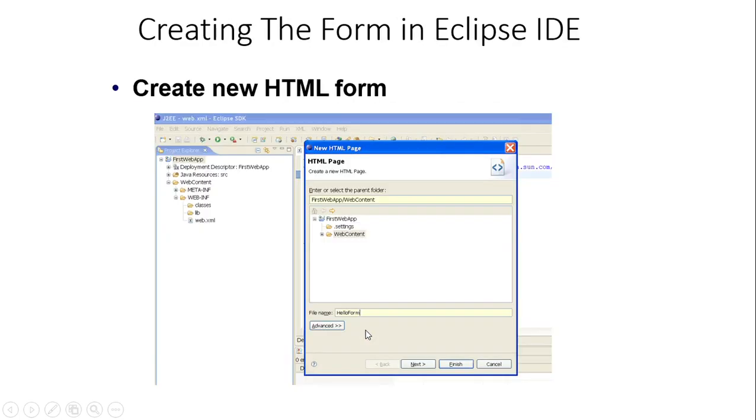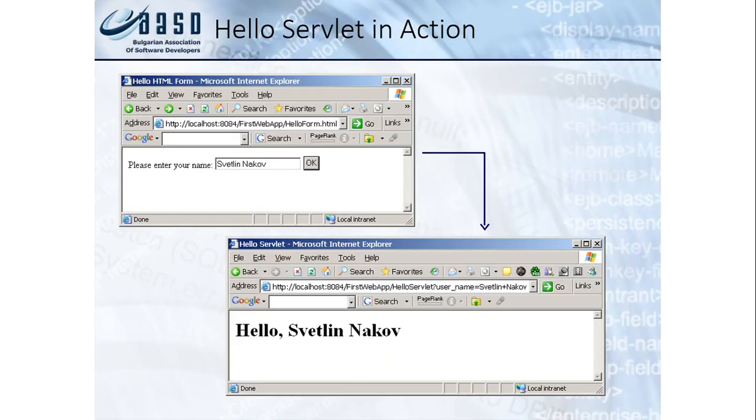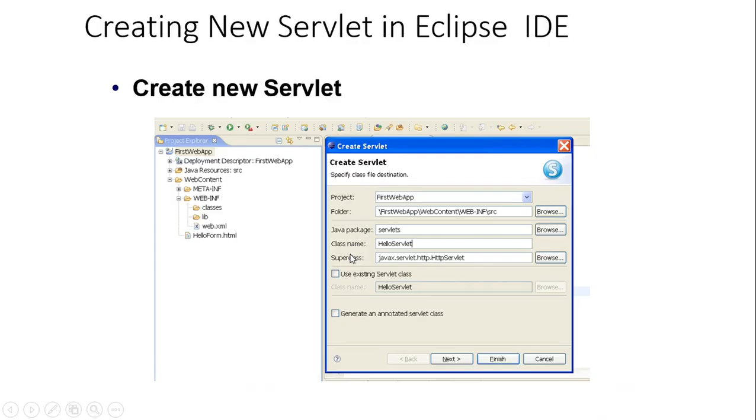So you see this is how we create the HTML form even in the Eclipse IDE. By name you have put hello HTML so that it can easily be identified in your hello servlet function. I hope this concept is completely clear and you will try once to create this servlet. If you have any doubt, you can ask me on WhatsApp.